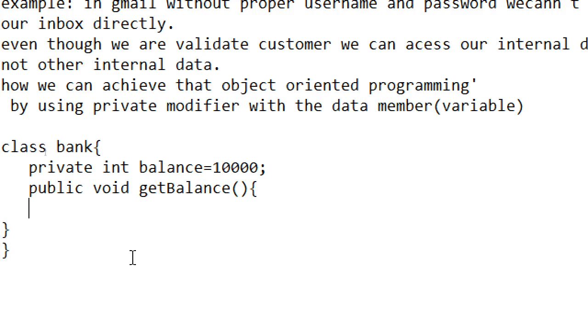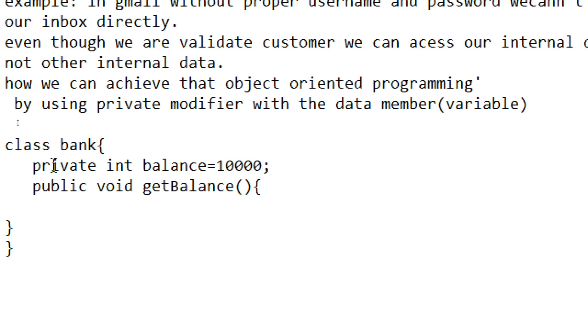So we declare the balance variable with the private keyword, then an outside person cannot access this balance directly. So if we want to access the data, we call the getBalance method.